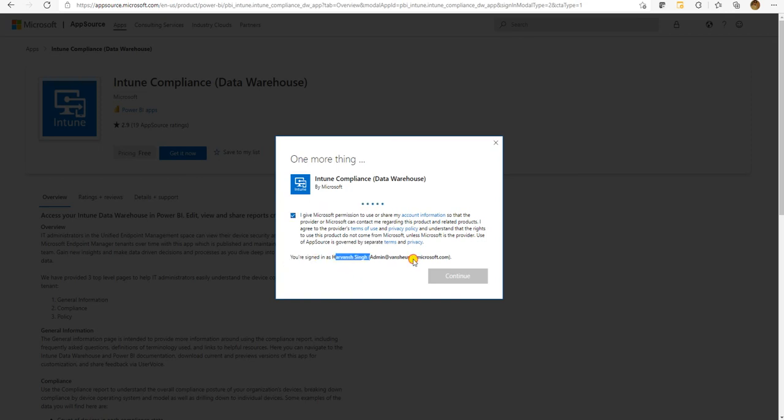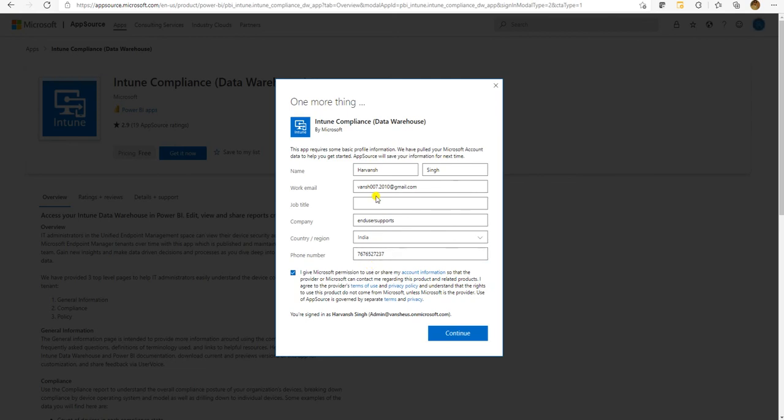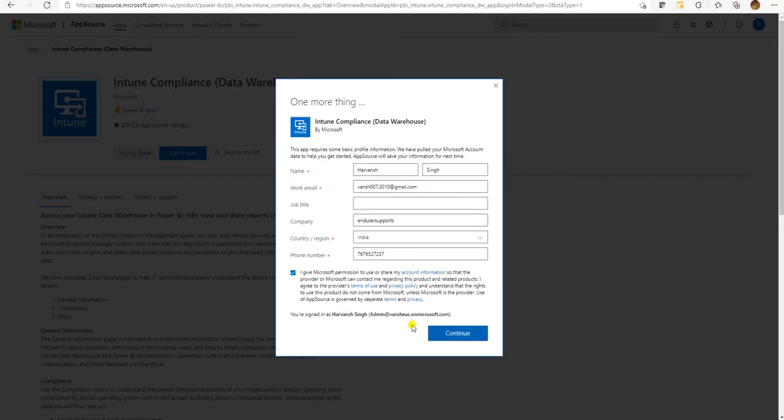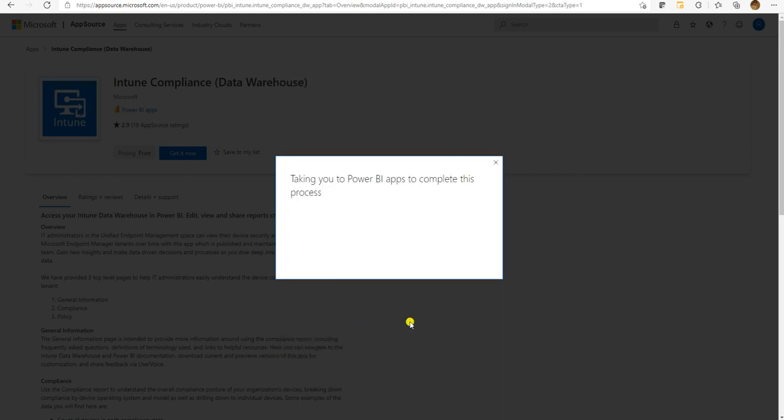So here is the ID, and here it is again asking for the details. It's already pulled out because we configured it here, and that's why it's taken. Let us click on continue, and again it's redirecting to the